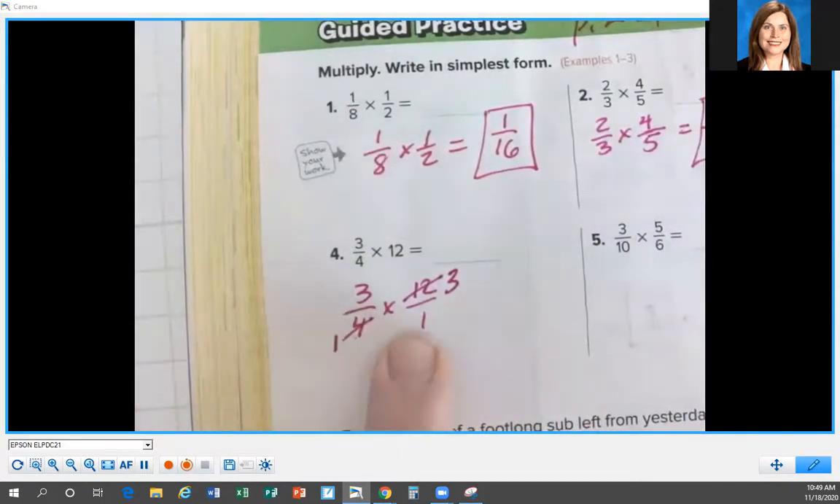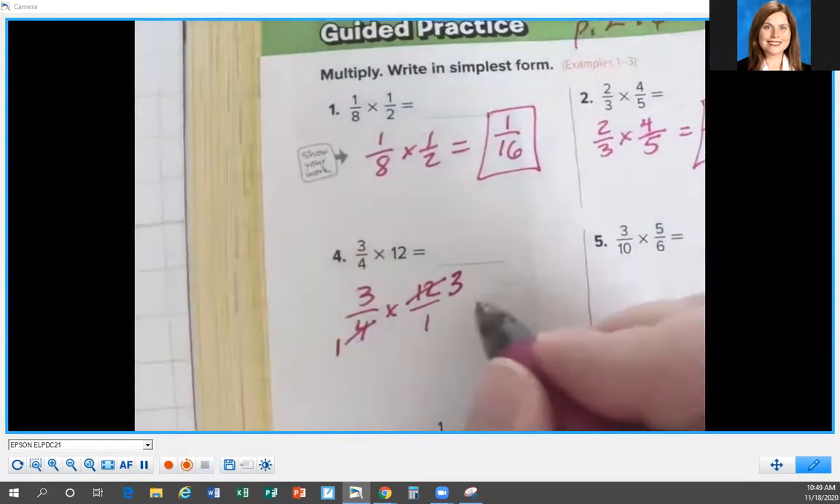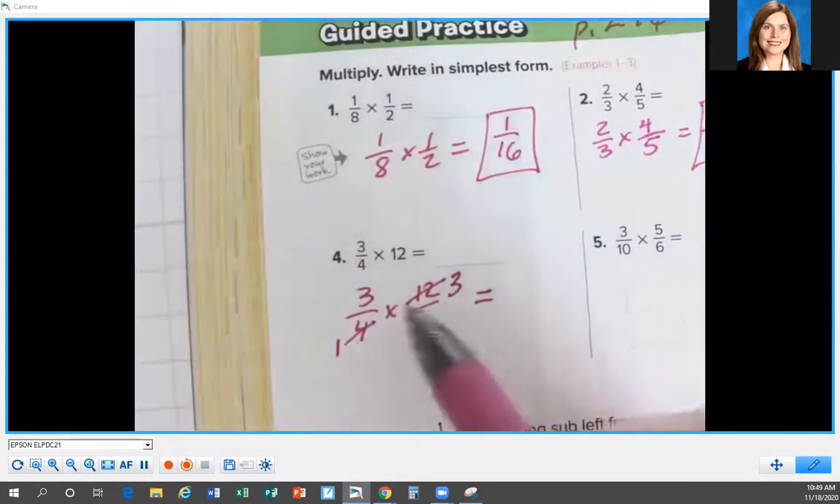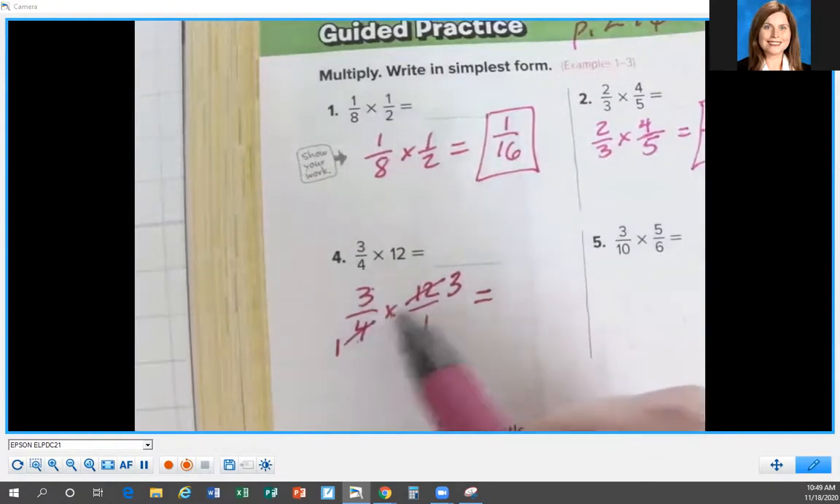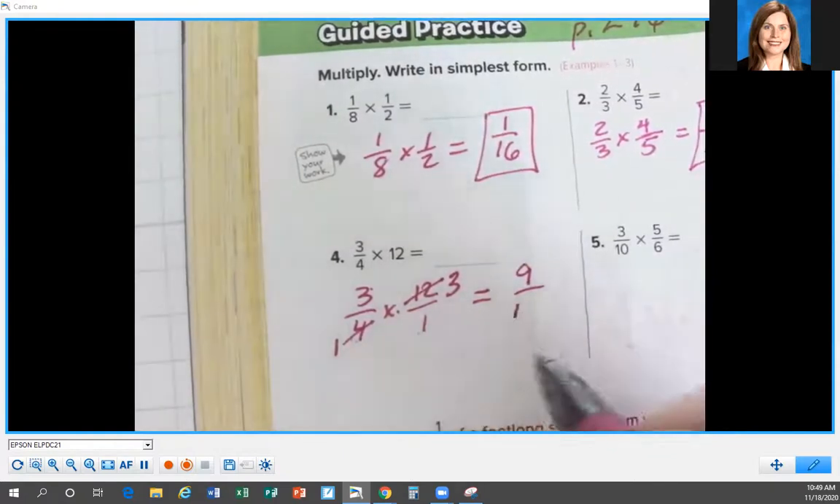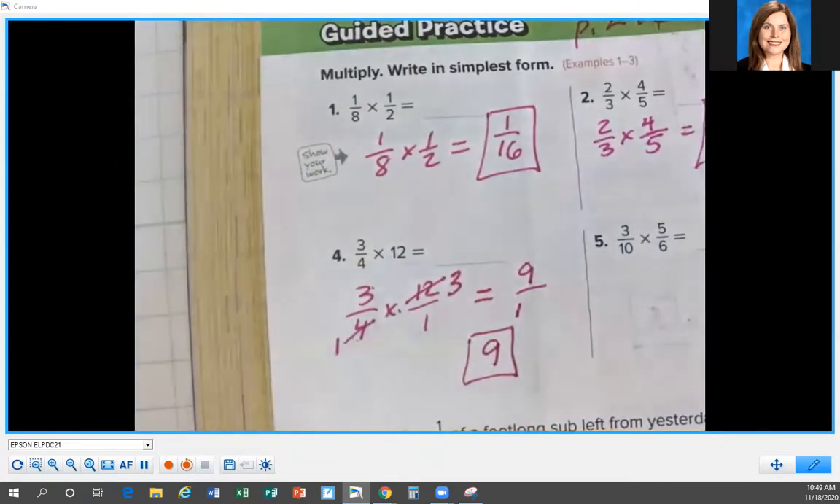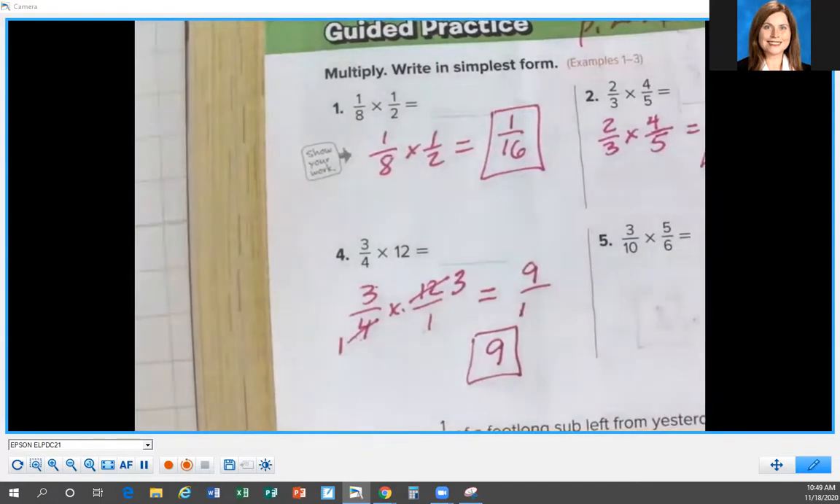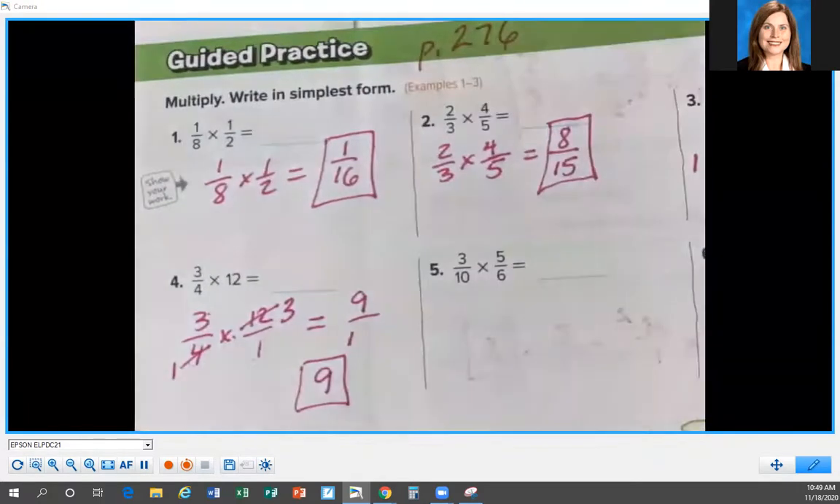So then I look at 3 and 1. They don't have any common factors. So now I multiply numerator times numerator. 3 times 3 is 9. Denominator times denominator. 1 times 1 is 1. So my answer is 9. Moving on to number 5, I have